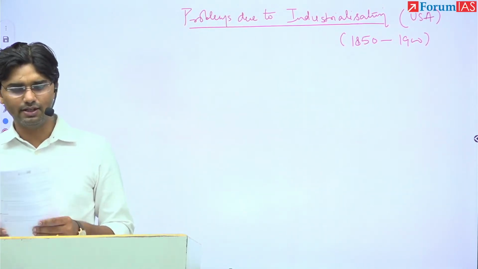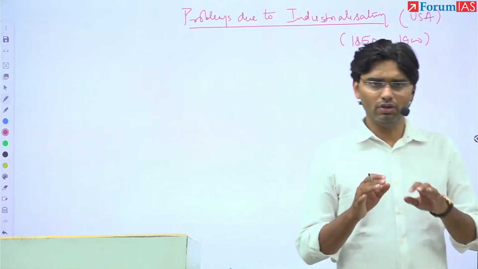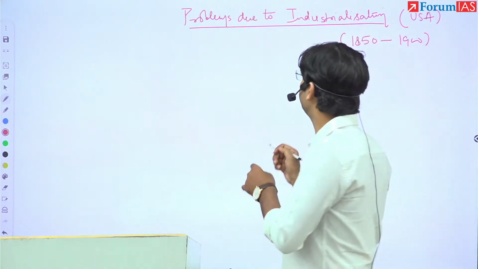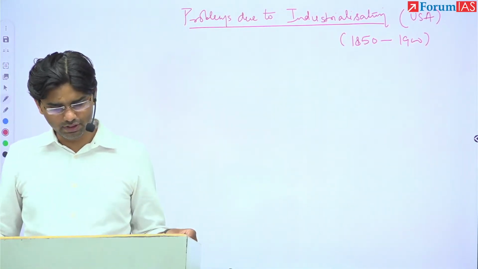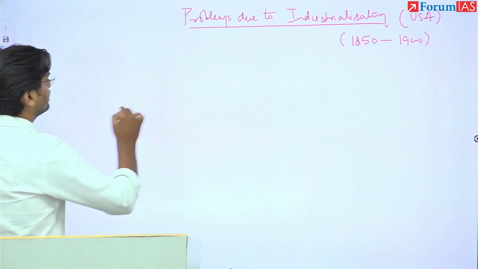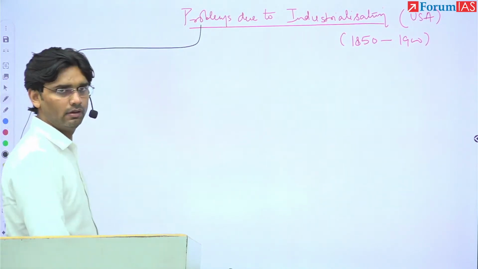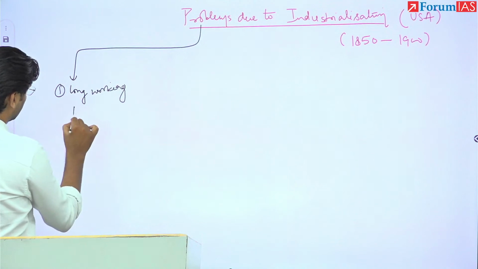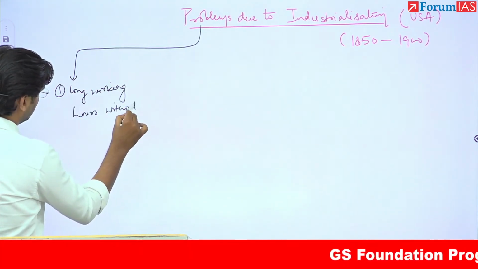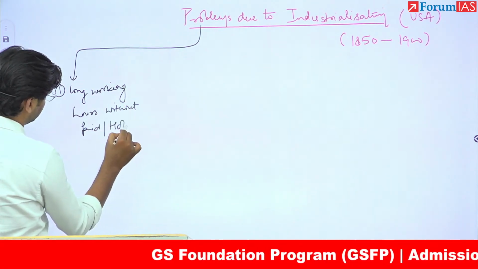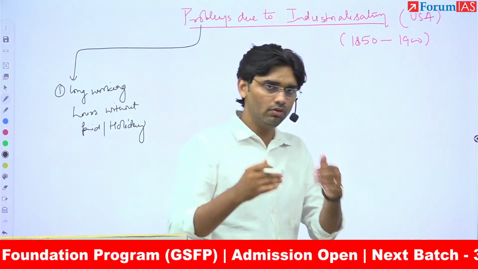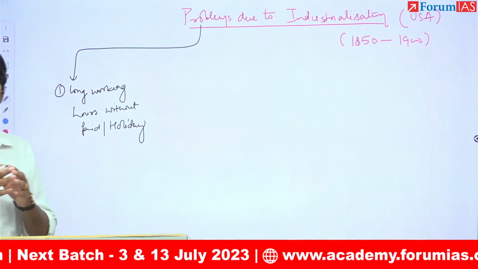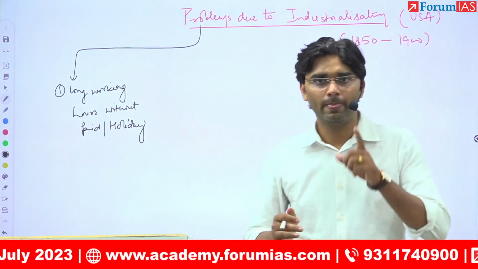Because for understanding, right, yesterday we understood the progressive era. This is simply a revision, right? So in a very brief way, we are going to see all the aspects which we covered yesterday, right? So what were the problems in USA due to this industrialization? Number one was long working hours without paid or even any holiday. There was no provision of holiday, so a person used to work 14 to 15 hours right from Monday to Sunday. That is, every day they needed to work. Number one. Number two,